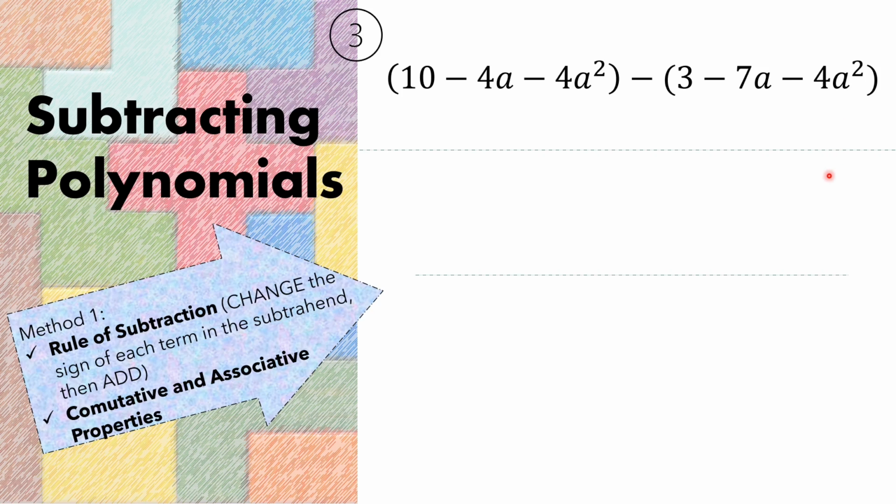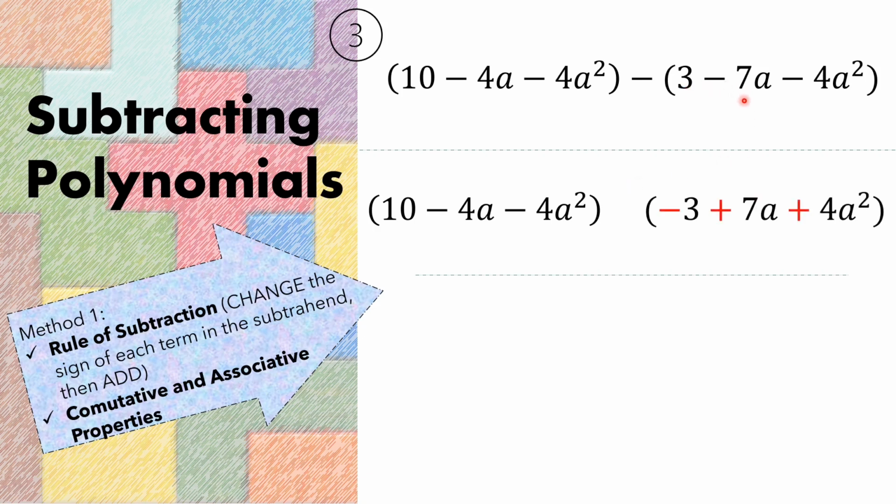So, copying the minuend, by applying rule of addition, change the sign of each term in the subtrahend. 3 will become negative 3, negative 7a will become plus 7a, negative 4a squared will become plus 4a squared,